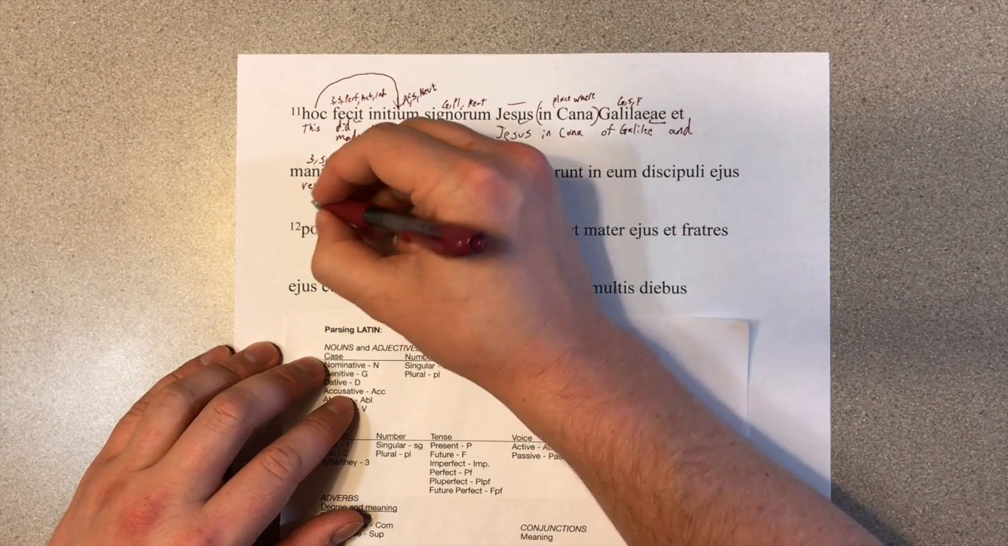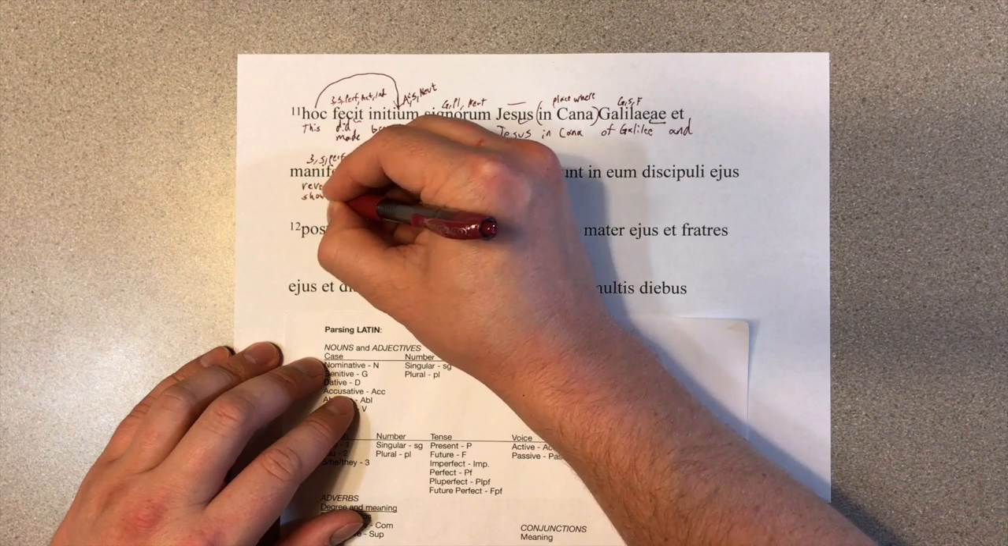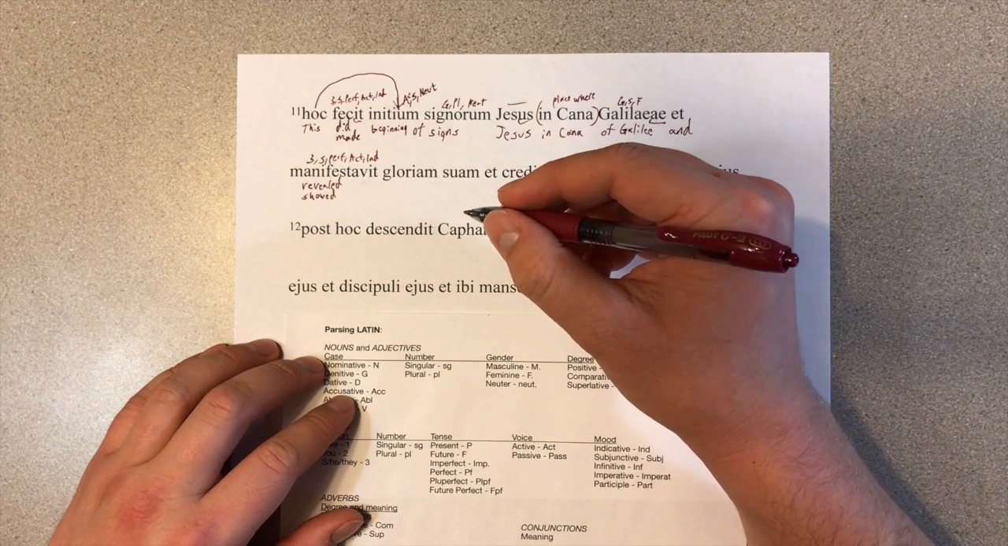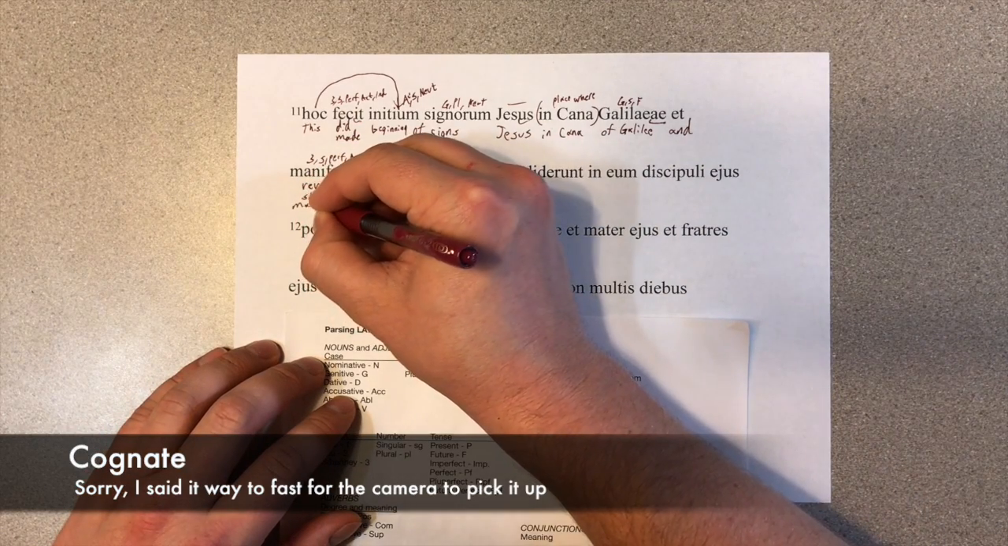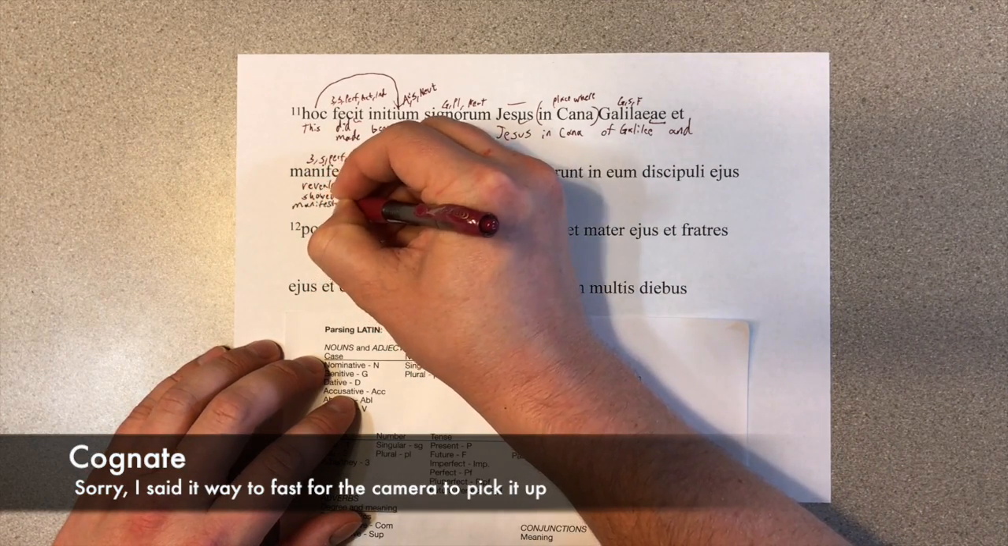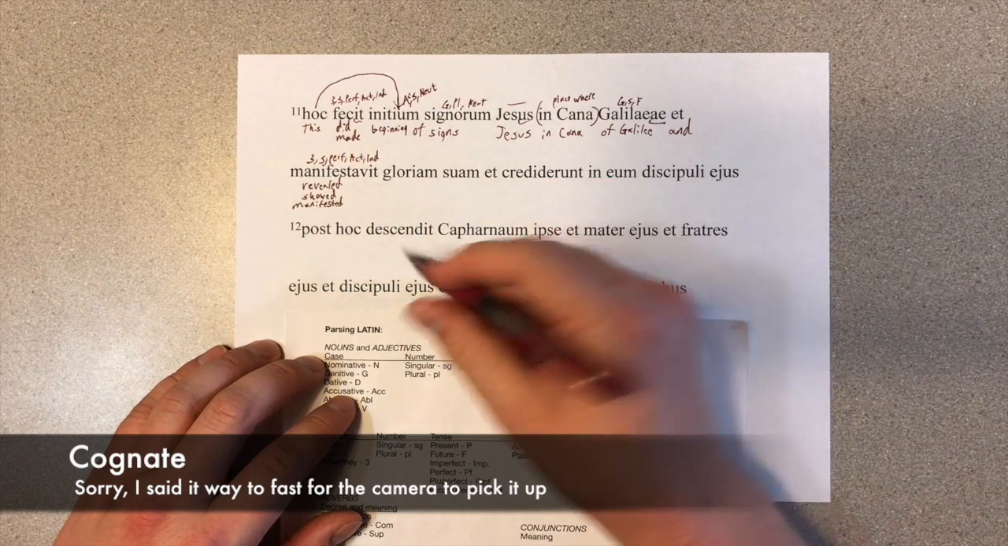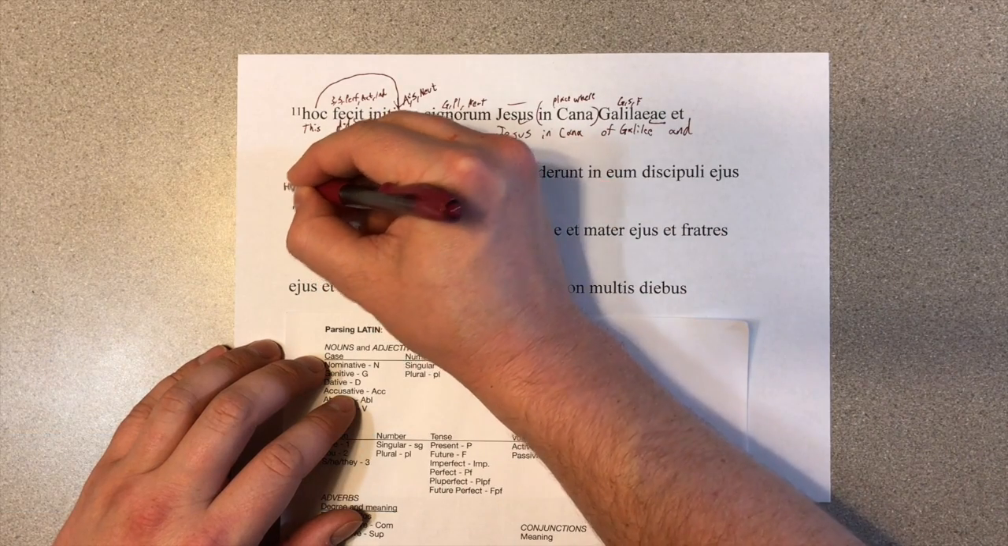Manifested. Normally, language teachers don't want you to use the cognate. I'm going to use it. And now I'm supposed to hate myself, I think. Anyway, he, capitalized,